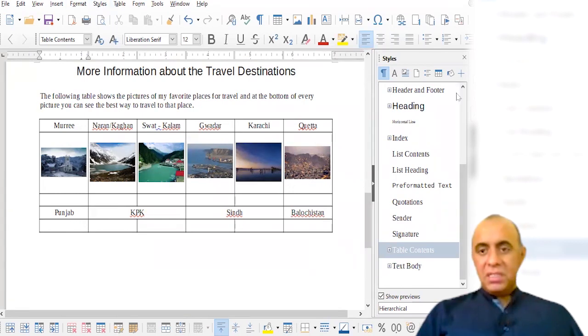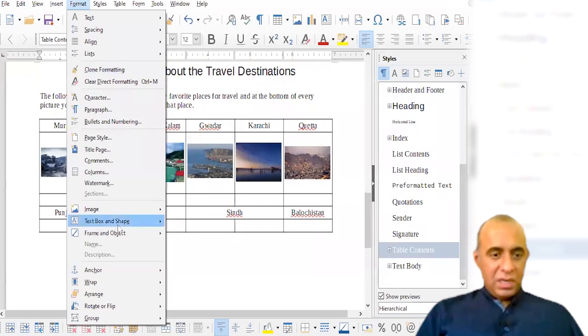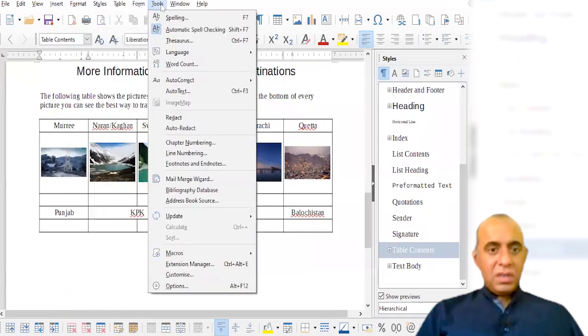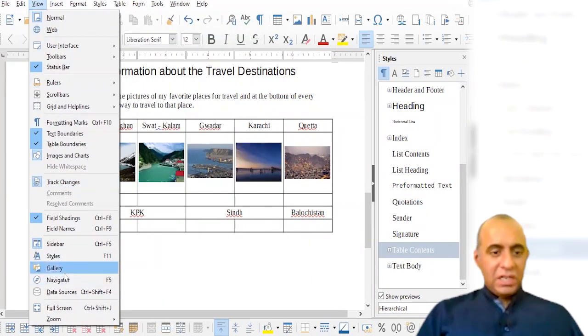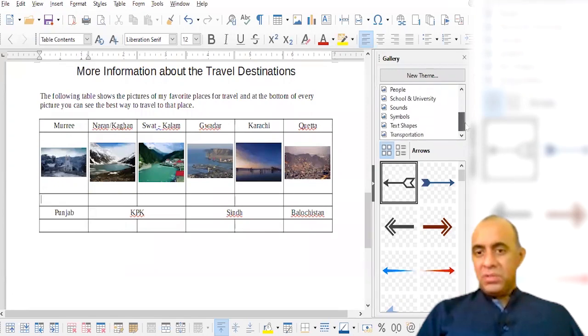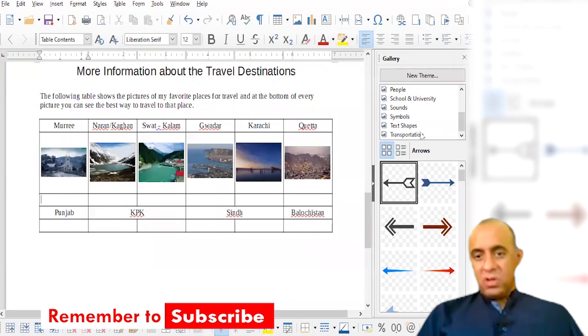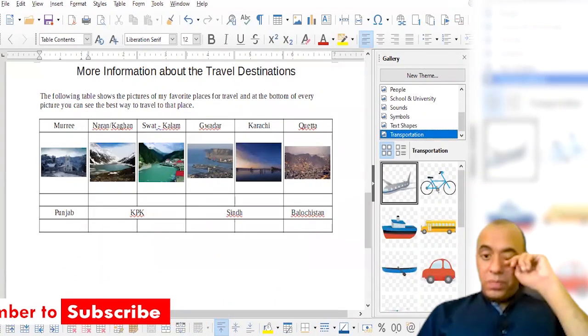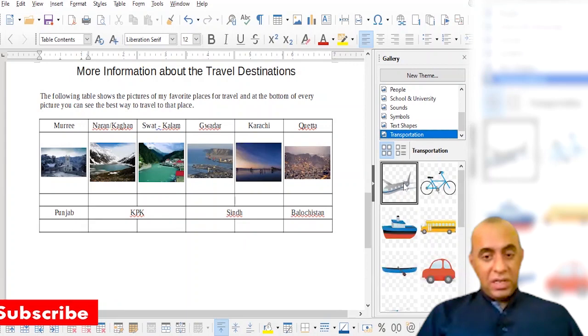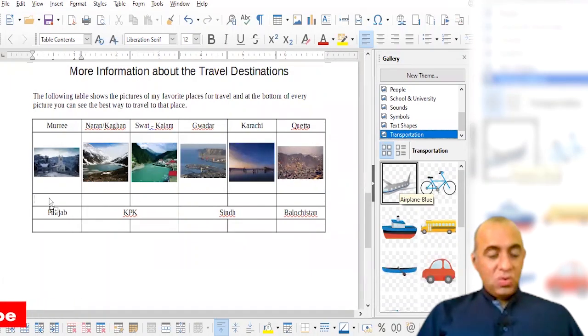By the way, there is a built-in gallery in this software. In the view menu there should be a gallery option. So you go to this gallery option, and it has different sections for kind of clip art things. So let's go and select the transportation option, right? So let's place the image of this aeroplane and click it and drag it to, let's suppose